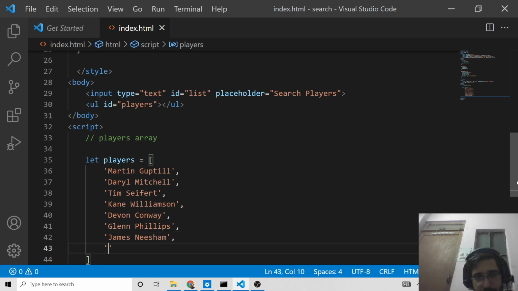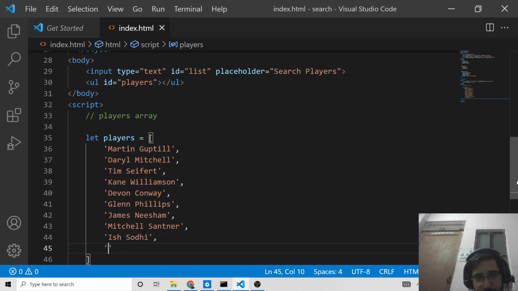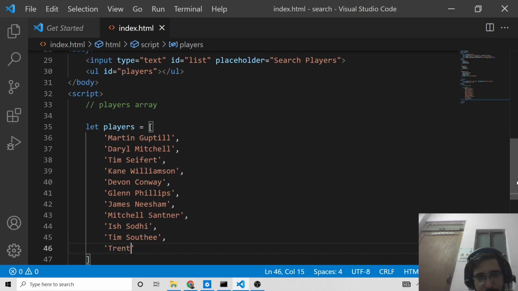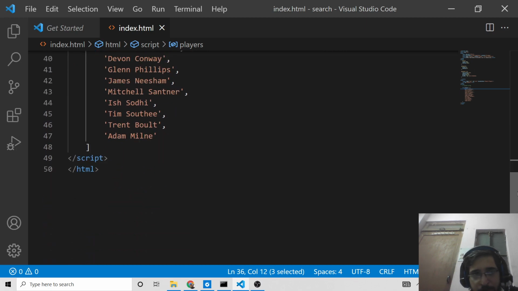Then we got Mitchell Santner, then Tim Southee. Then we got Trent Boult. And lastly, we have Adam Milne. Basically, this is the New Zealand squad for the T20 World Cup. So we have listed 12 players here. You can see 1, 2, 3, 4, 5, 6, 7, 8, 9, 10, 11, 12. So these are the 12 players here.